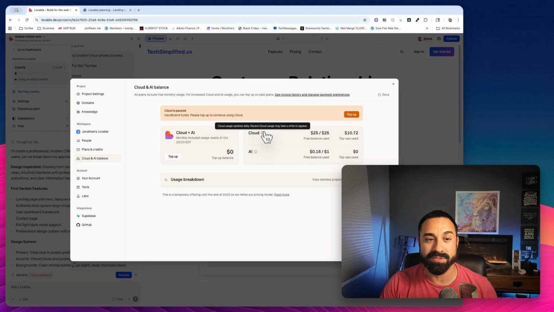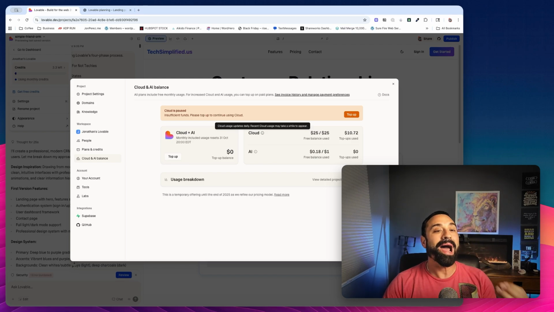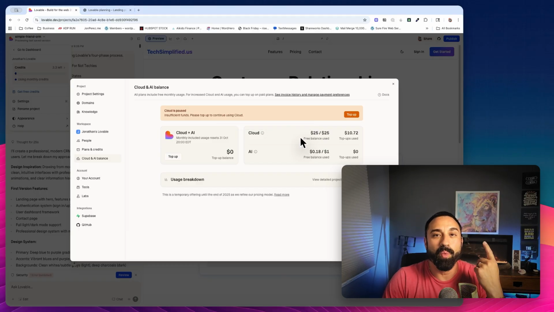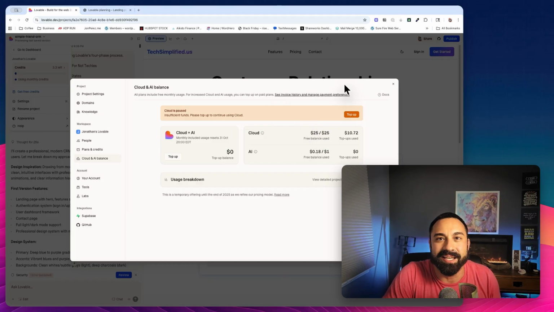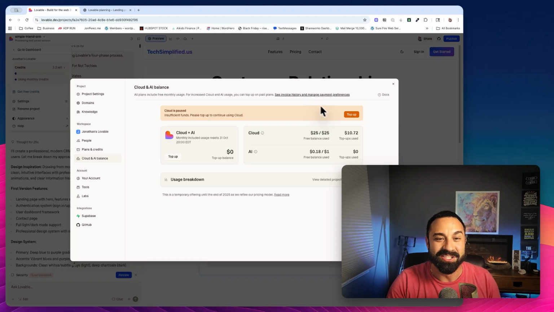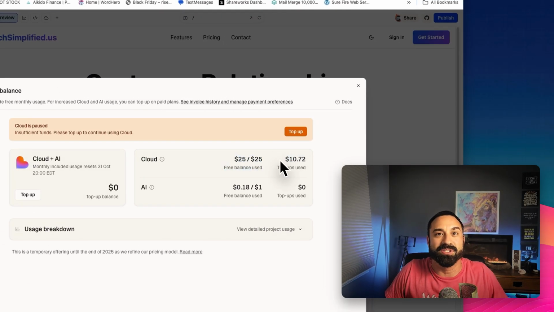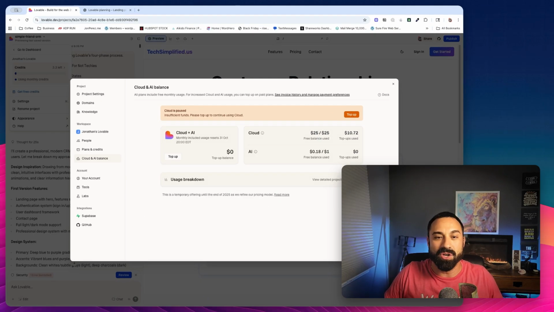I don't really understand it. It says cloud usage updates daily. Recent cloud usage may take a while to appear. The problem with this is that I only have one live app and the other app is I'm just testing it. And I didn't know you couldn't publish it. I didn't know you could do anything. It was really, really frustrating. So apparently I used $35 in cloud usage and I did nothing. So my head was trying to wrap around that. So I went into